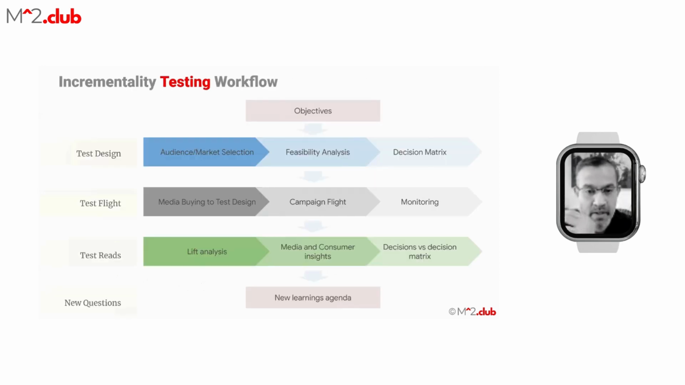So we talked about the different steps in an incrementality testing workflow: test design, test flight, test reads. But you're really thinking about it from an objectives perspective. Start from objectives and end with new learnings agenda. So that's the sandwich. And within the individual steps, there are multiple sub-steps, and some of those are pretty critical, like feasibility analysis and decision matrix are incredibly important, usually skipped in the process, and that leads to the majority of the test failures, meaning